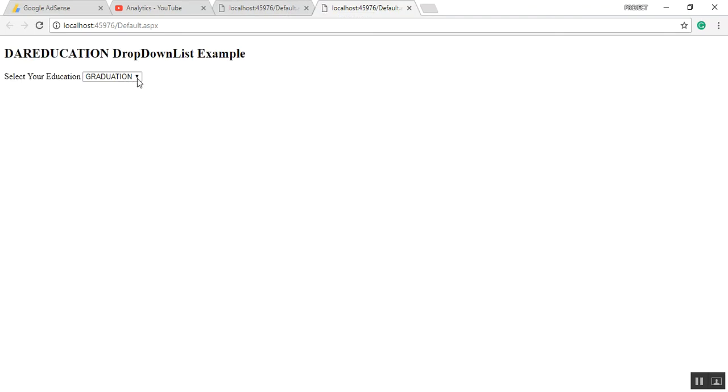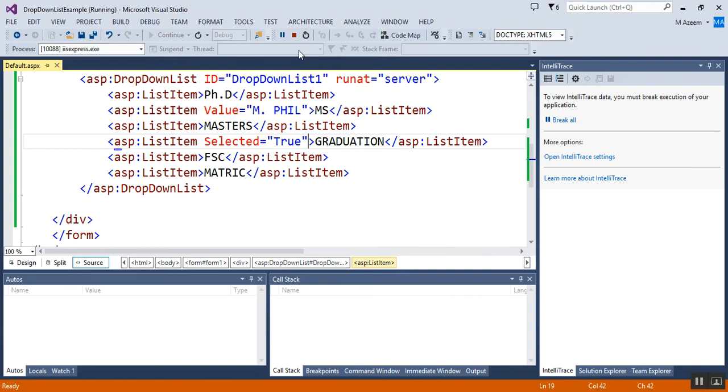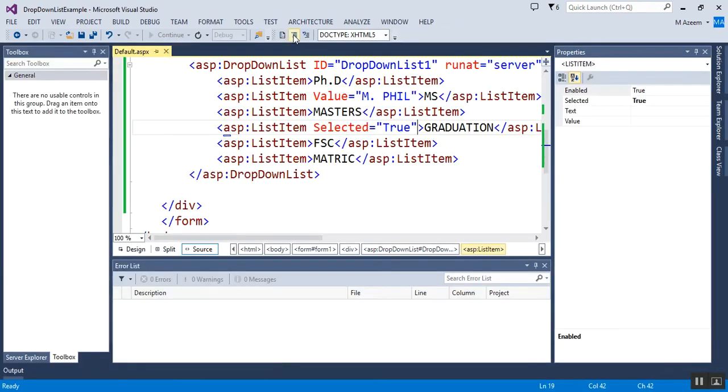So you can see that the graduation was first of all selected. Either there was the PhD or masters, it was not on the arrangement behavior in this way. And similarly, we can also add the item list by using the code here. And for example,